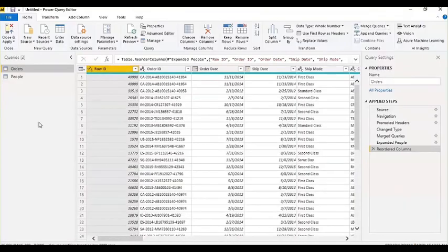So you may ask, why do we need merge query if we can achieve it using relationships? Sometimes you may require the merged query or extracted column in another table for further data modeling or relationship purposes.